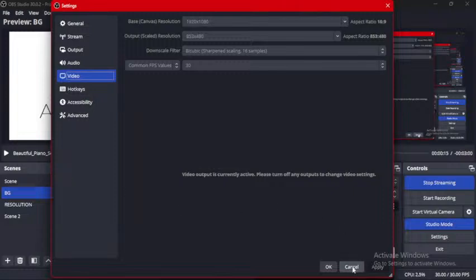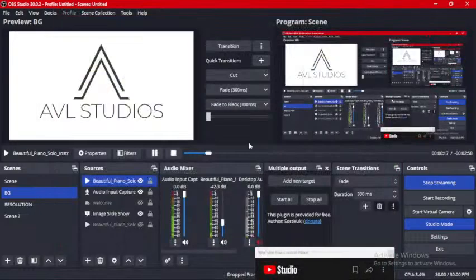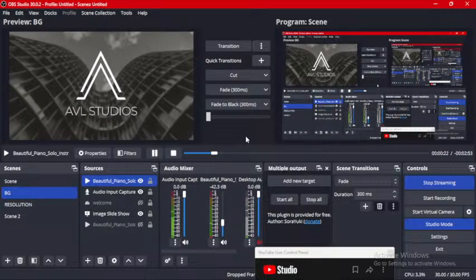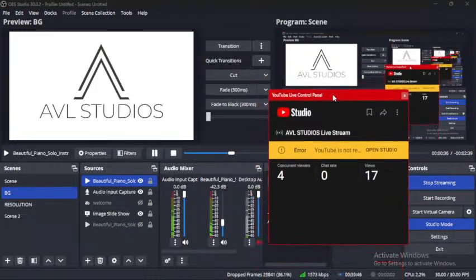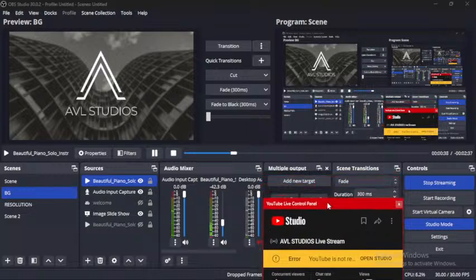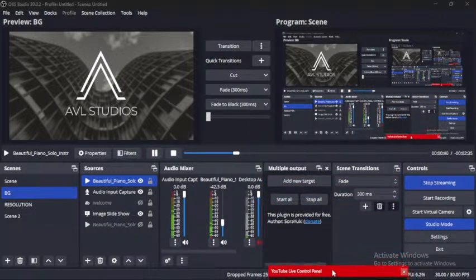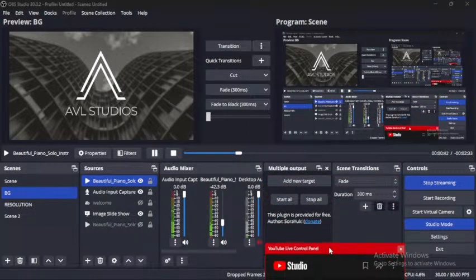So let's go back to our OBS info. So I believe we understand the resolution now, the base camera resolution and the output resolution. So please keep your questions coming in.